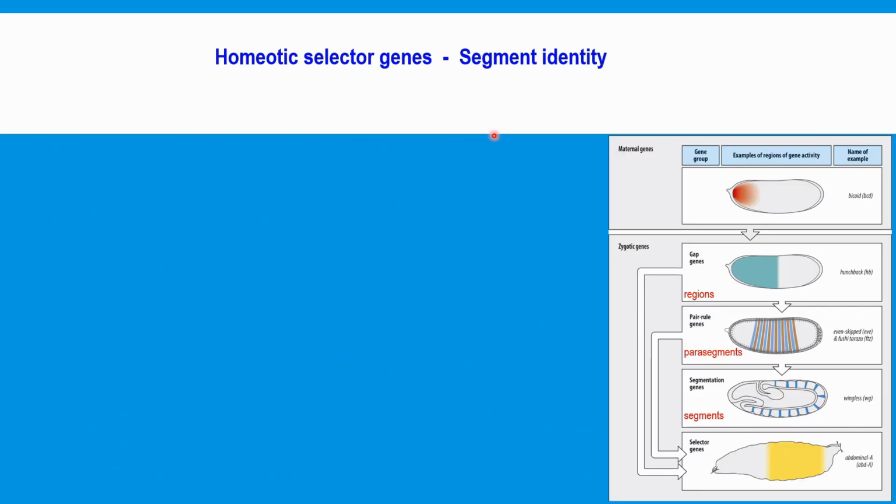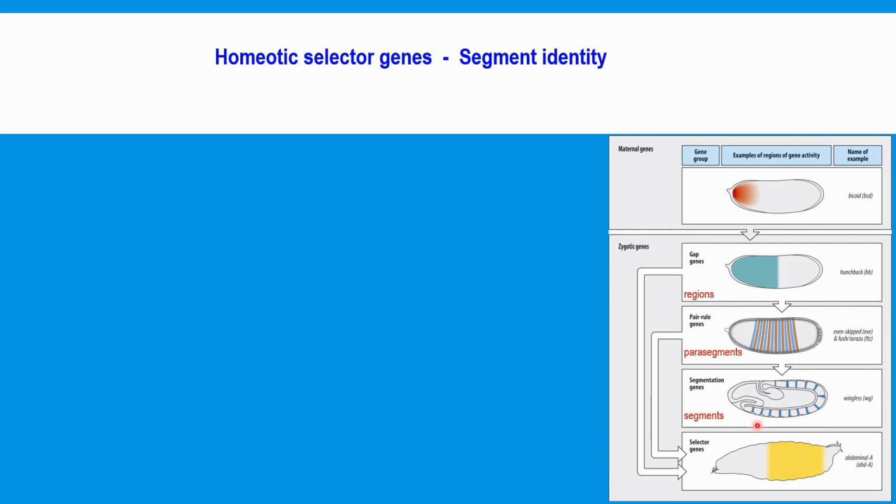So this brings us to the last part of this talk, where we meet the homeotic selector genes, which are involved in maintaining segment identity. And this is just a reminder of what we've gone through so far. We have the maternal genes, which set up the gap genes, which then set up the pair-rule genes, which contribute to the setup of the segmentation gene expression to give rise to these segments and anterior-posterior